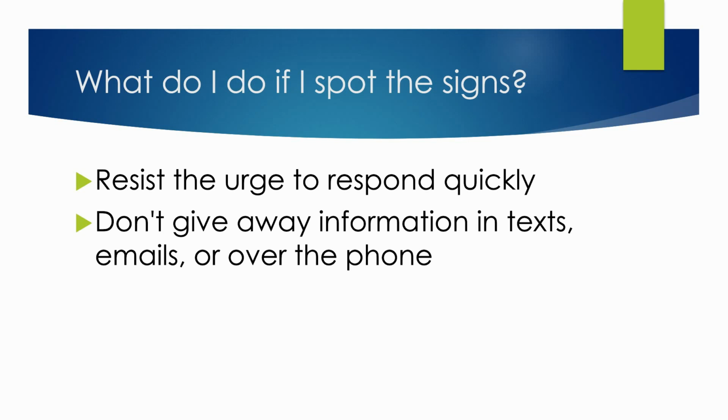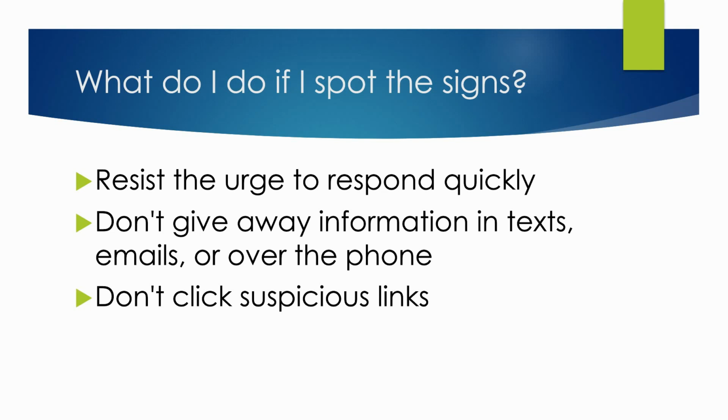Basically, like I said, your bank isn't going to call you and ask you for your account number. Your bank knows your account number. They don't need to call you and ask you for it. If you're not 100% sure who you're talking to, you should not give your information away over the phone or by emailing suspicious-looking emails. And again, with the emails, you don't want to click suspicious links. I'm sure most people know this by now, but it's always good to check the link, especially if it's in an email or a text, and don't click it if you don't recognize it